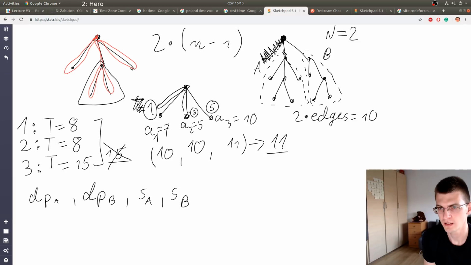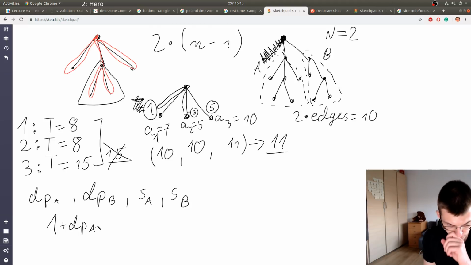Well, at t equal to 0 we are here, so at t equal to 1 we are here, and so the answer from this subtree will be 1 plus dpa, because it takes us 1 minute to get here. So we go here, then we get back to B. At what time? Well, it takes 1 minute to go here,